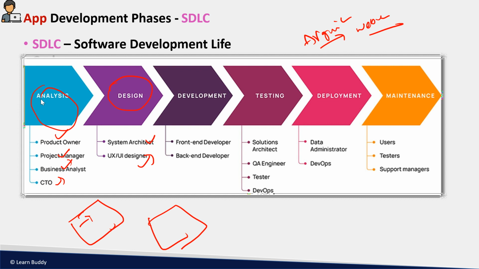And the product owner designs how they want the application and how they want the website to look, what the backend color is, and what functions the user has to see when they open the website. Once this design is done, everything will be documented. Then the development team, the front end and back end developers, start. The front end developers design the website, the front end pages, home page, orders page, all those things. And the back end developers handle it when the user selects any function on the screen. For example,